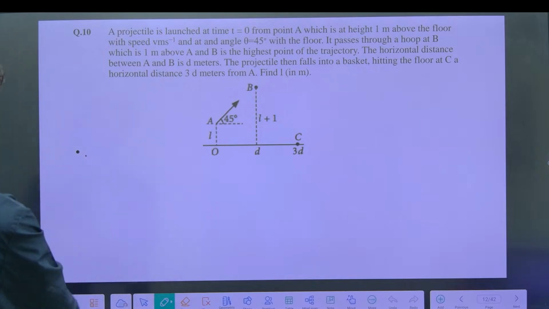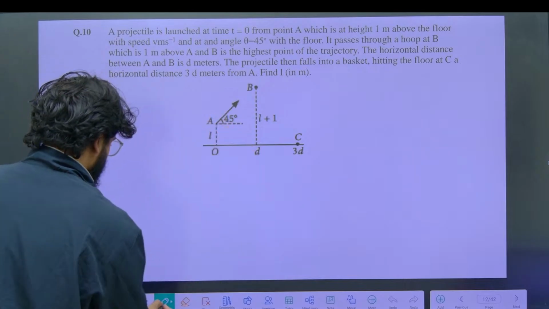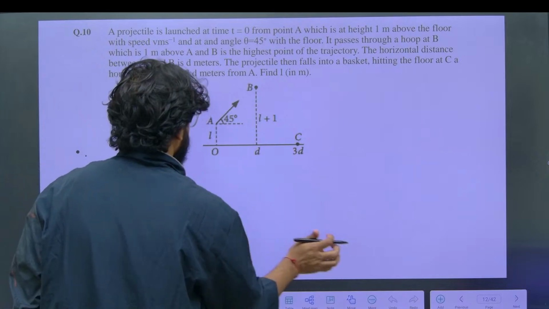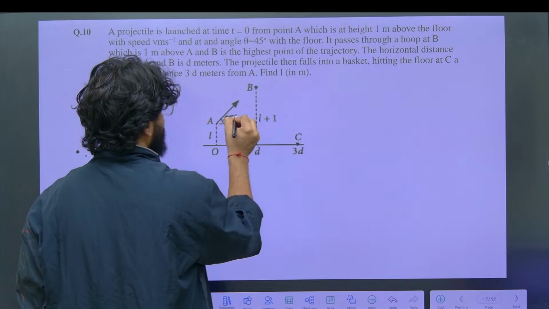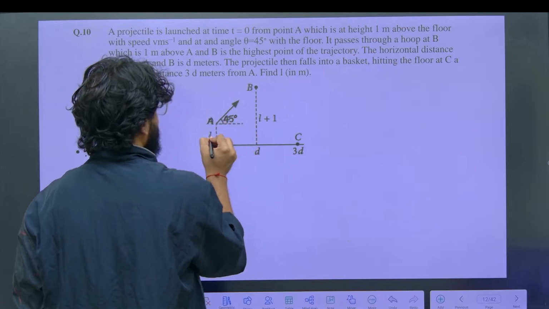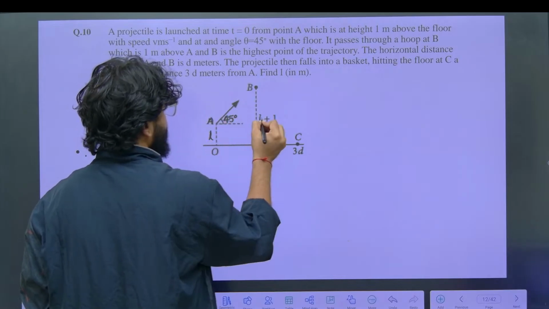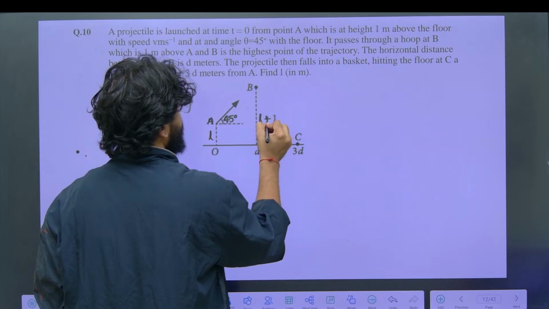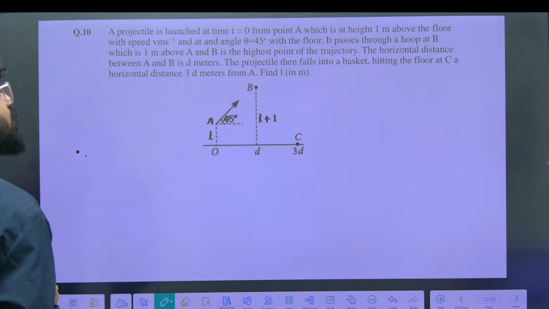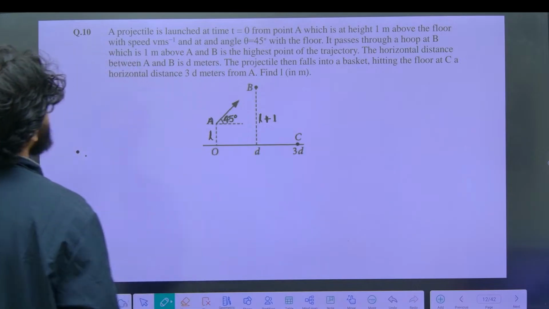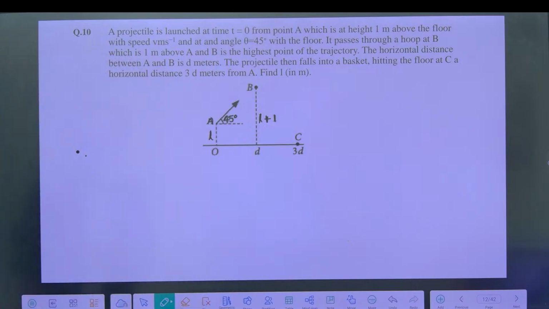It is already blurred, right? That is 45 degree. This guy is A. This length I believe is L. This is L plus 1. So question number 10 is saying that a projectile is launched at t equals 0 from point A,